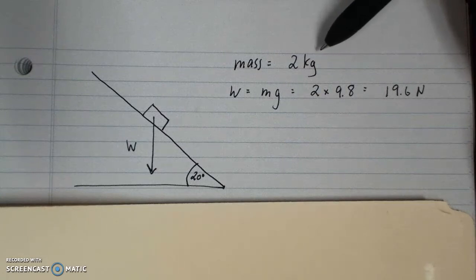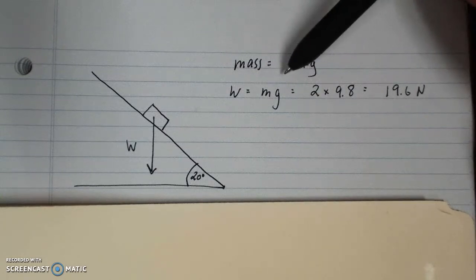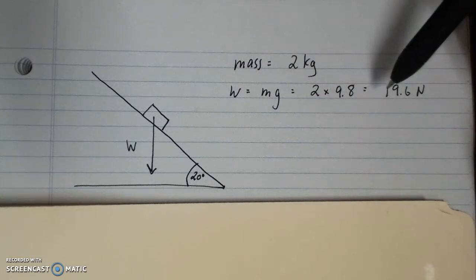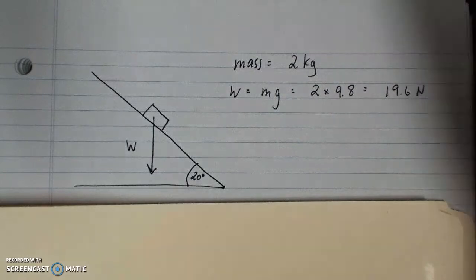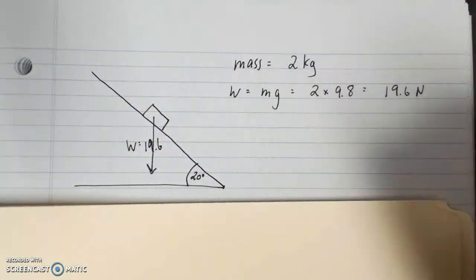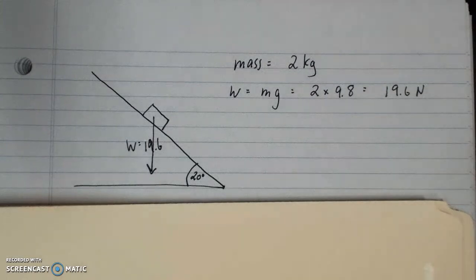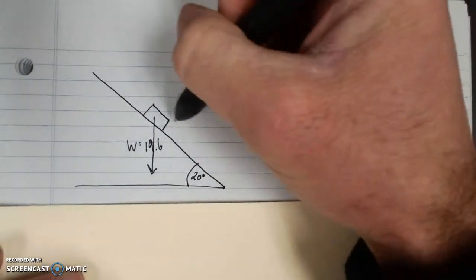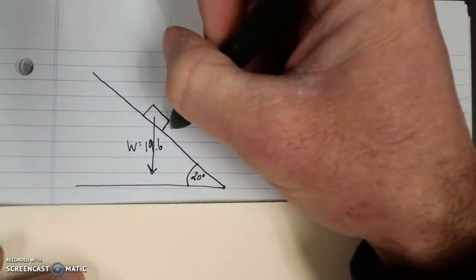The mass is 2 kilograms. Weight is mg, 2 times 9.8. So my weight force is going to be 19.6 newtons. What we want to do in this example is resolve the weight force so